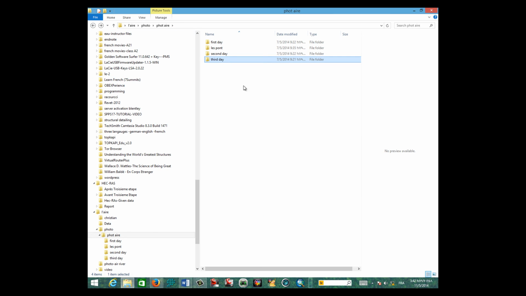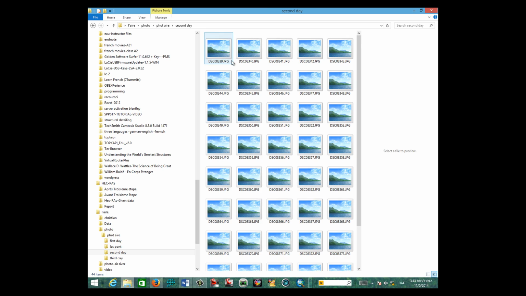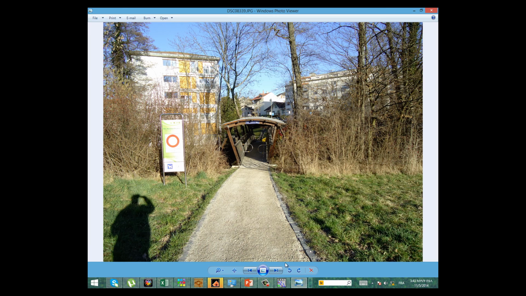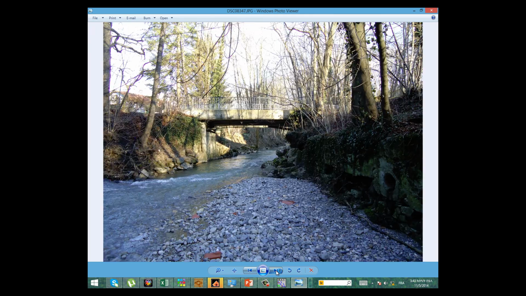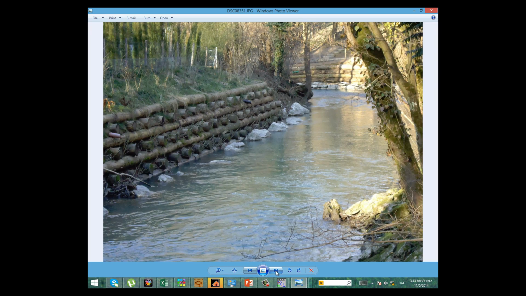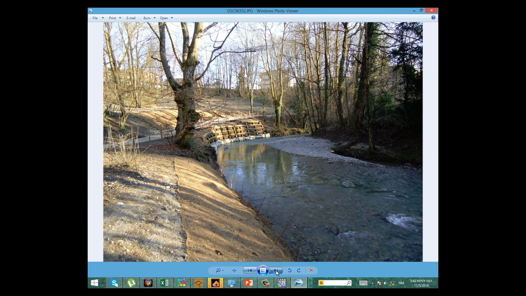We can see other protection like this one, for example. You can see this protection. This is another biological way of protecting the river. Here, you can see they have already built